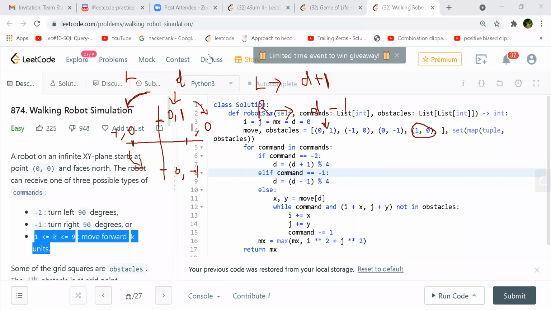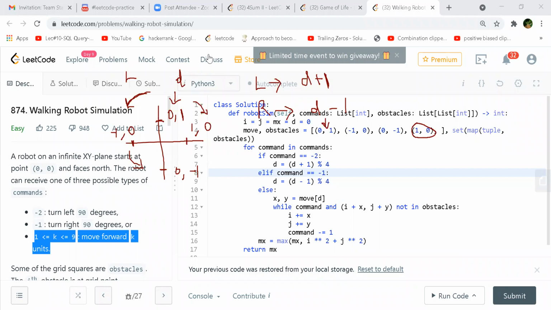So then when you are done, you come to the next stage. The next command is -1. So at that time, you are coming to line 8 and it will be -1. Earlier your d was at 0, so d minus 1 will be -1, and -1 mod 4 will be, what is that going to be now?